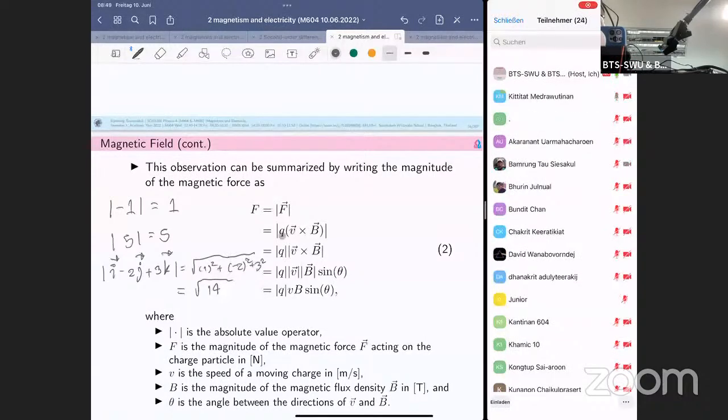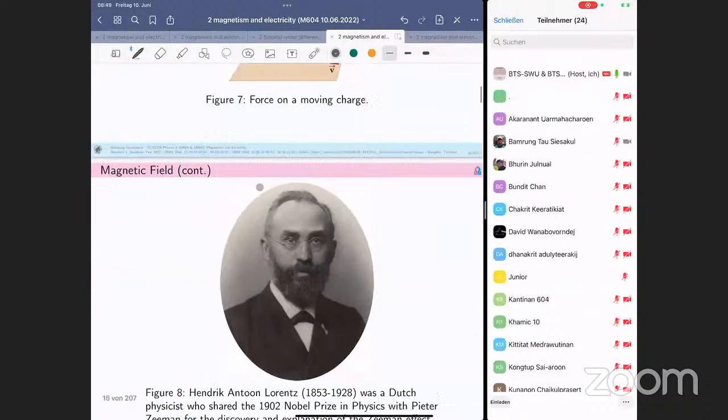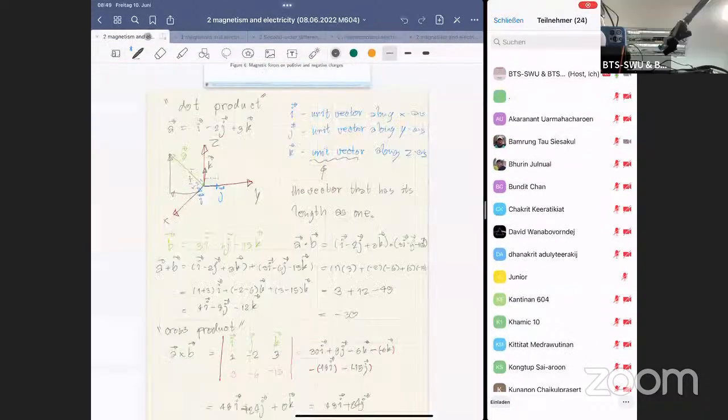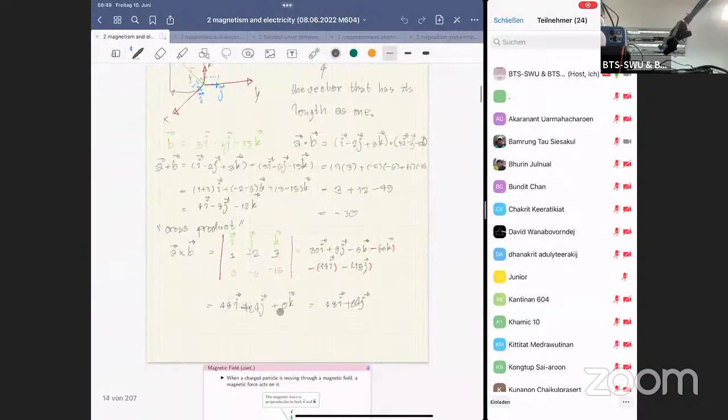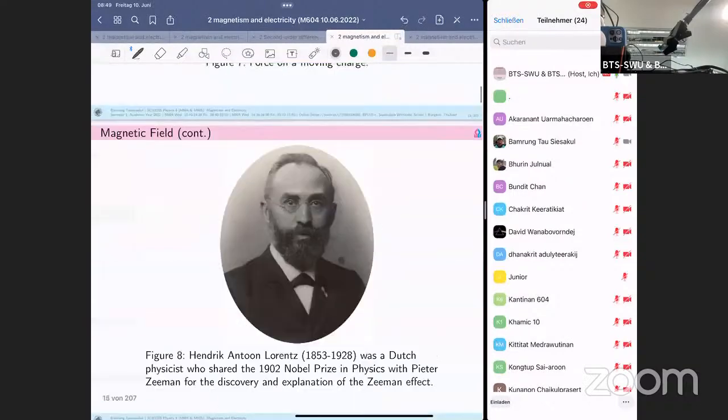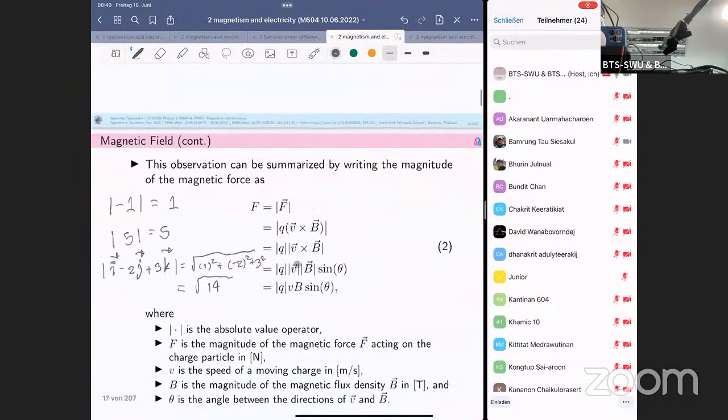And as you know, the cross product result is a vector quantity right here, right? Yes, the absolute value will cover the cross product, and from the theory of vector cross product, it turns out